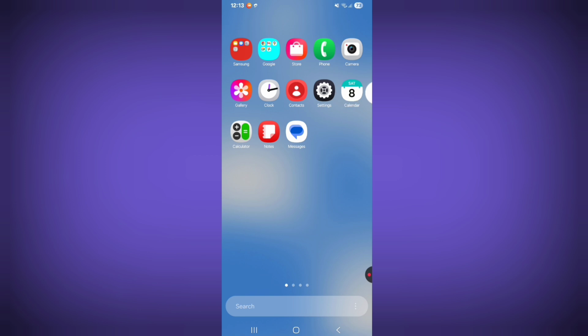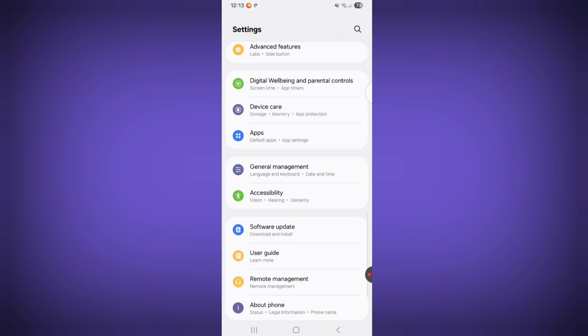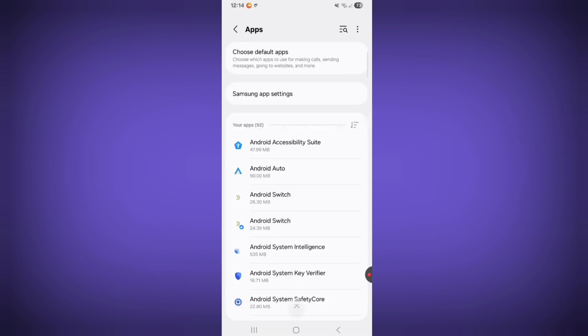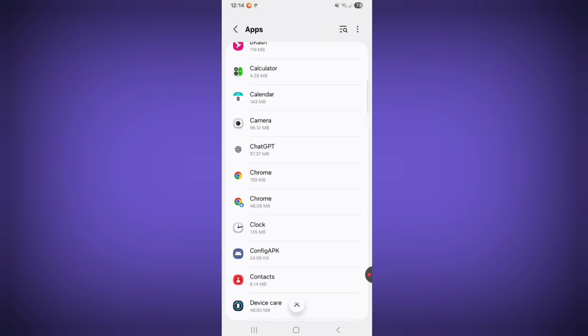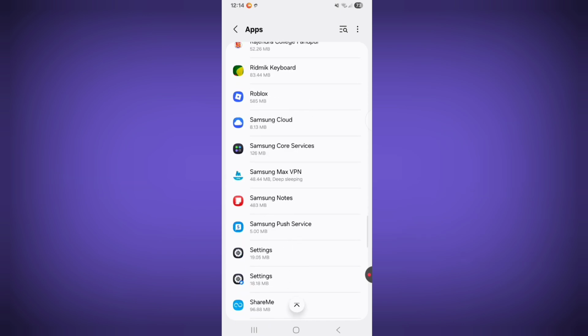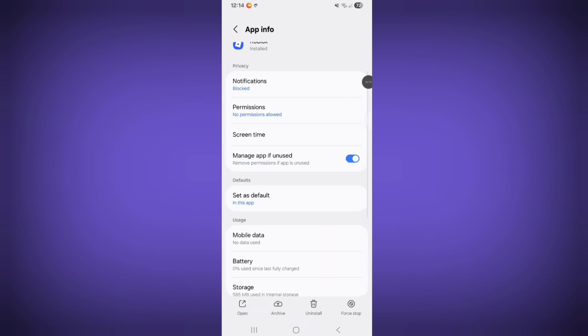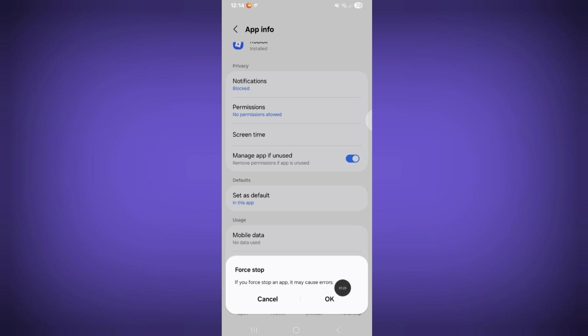Go to phone setting, scroll down, tap on apps, find out Roblox app, tap on Roblox, tap on force stop, tap on OK,